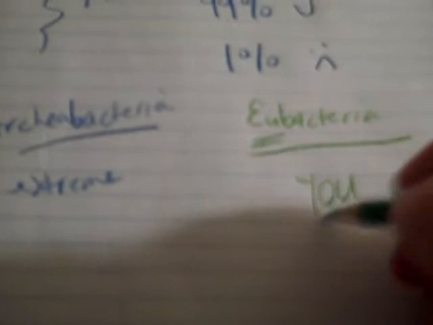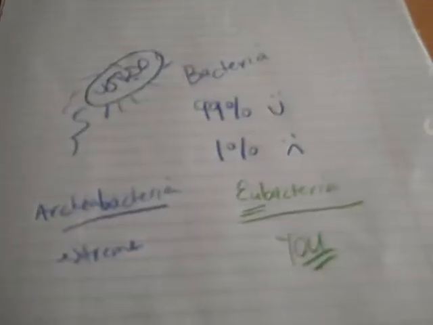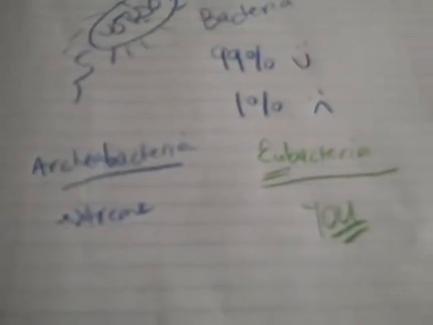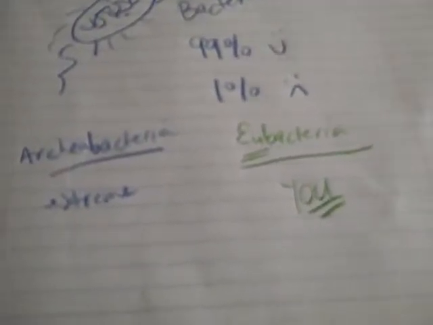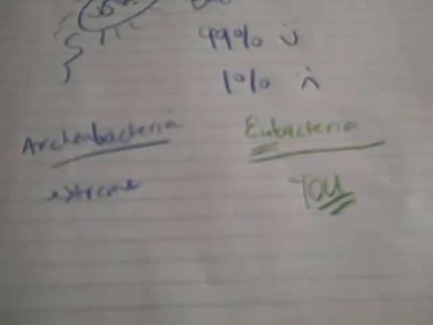The other type are eubacteria, like the ones that are on your skin right now, that are in your yogurt, that are all around you, that make you sick. Streptococcus, the kind that gives you strep throat or whatever. So these are all around you. They're the ones that are more relevant to you. Okay, so that's bacteria. They can make you sick, whether it's strep throat or salmonella, or they are good as well. They help in your digestion, in your intestines, but all of those kind are eubacteria. Archaeobacteria we find in the